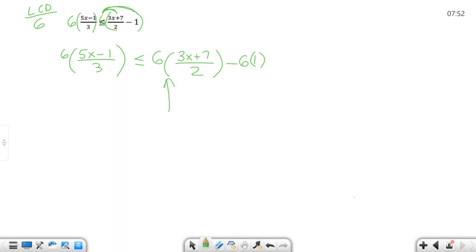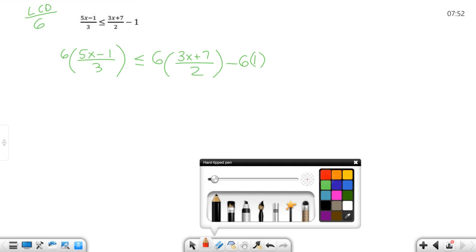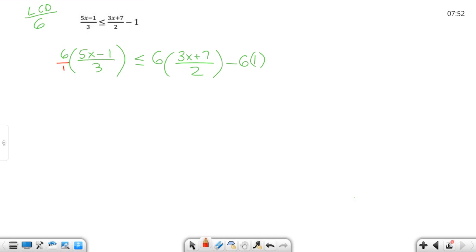I'm showing my distribution. This 6 times that, 6 times that, right? Showing my distribution here. So that's how I do that. I multiply each term by the LCD. So now I'm going to remind myself, okay, wait, what is 6 really over? It's really over 1. I'm going to remind myself on the times that 6 is times a fraction and say,